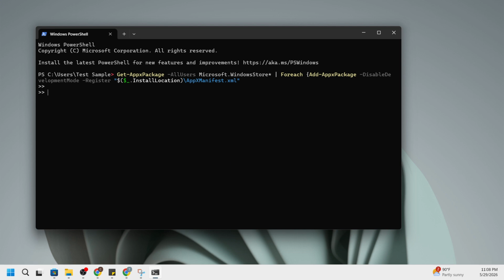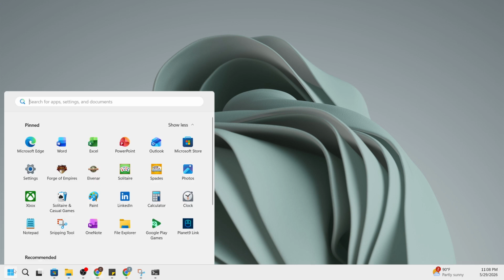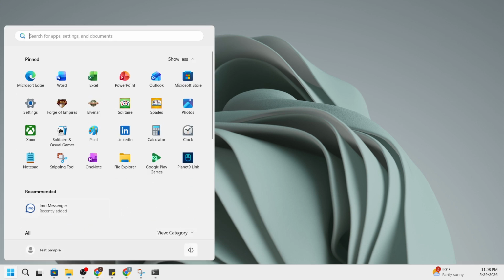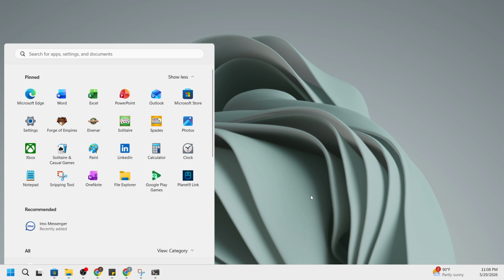Once the deployment completes, go ahead and restart your PC. Use the Start menu, choose the power icon, and select Restart. This reboot is important because it lets Windows finalize any registration changes and ensures the store's services and dependencies start cleanly. When your computer comes back up, test the Microsoft Store.